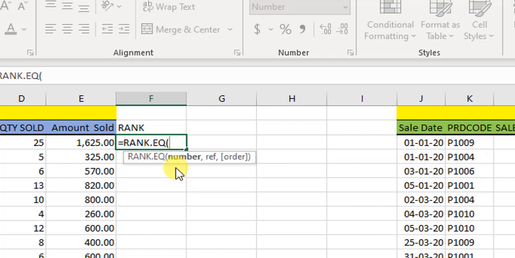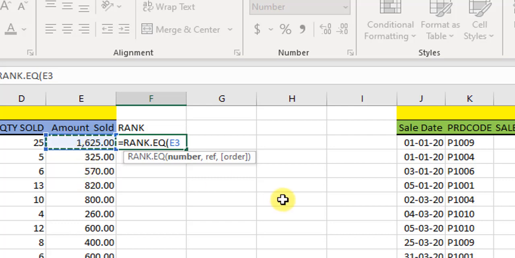We start the function, and the first argument in this is the number. The number is which number we want to analyze for the data series. So right now we want to compare this number with the data series, so we will select this number.